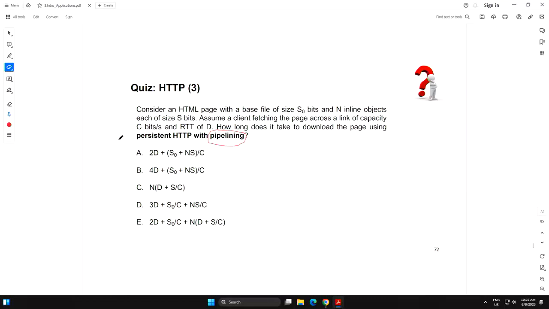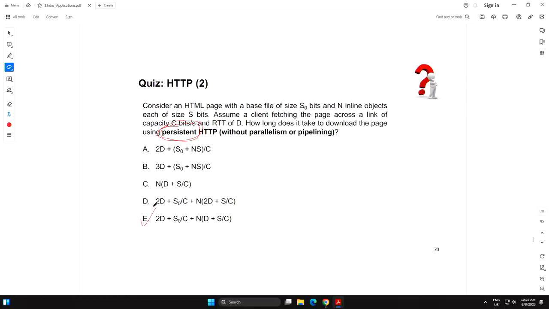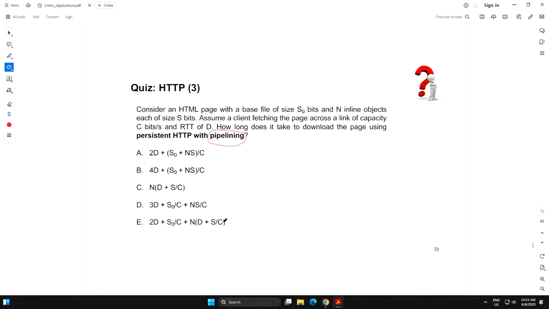We still have, for every object, D plus S over C, but we should be able to simplify it with pipelining. What is the answer? I'm hearing D. D is the simpler one, but it has 3D.